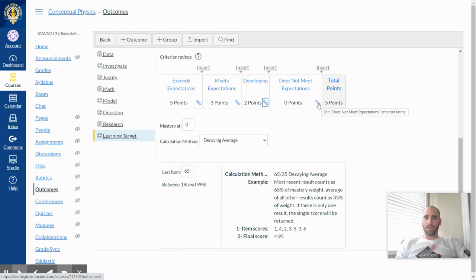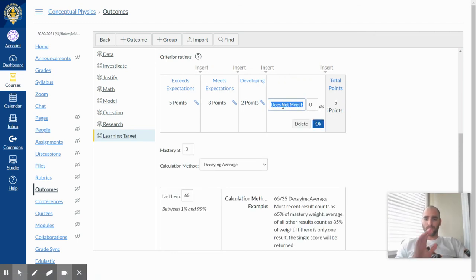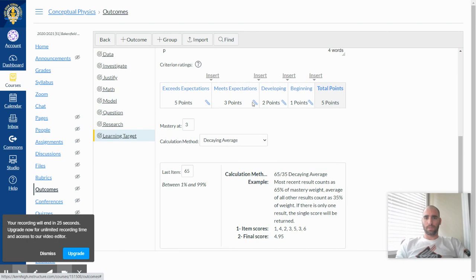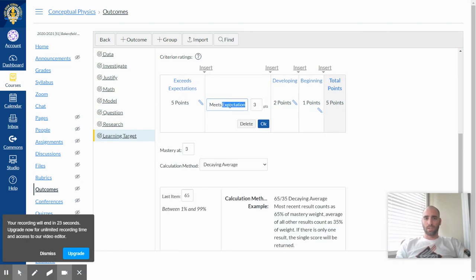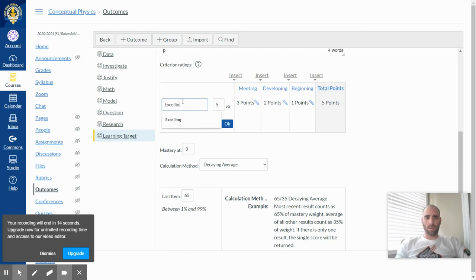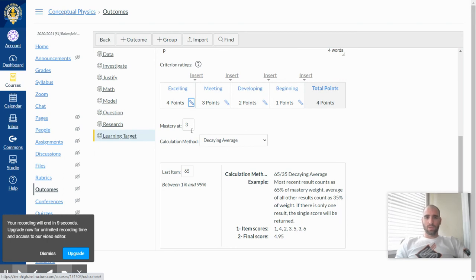Points, again, are really not that important in terms of what's going on in Canvas, other than where proficiency is established. And then I guess towards the overall look of the gradebook. But I can use these little pencils to change the names to anything that I'd like and establish how many points each is. It is important to note that where it says mastery at 3, that's where I'm calling my proficiency. I think this is actually